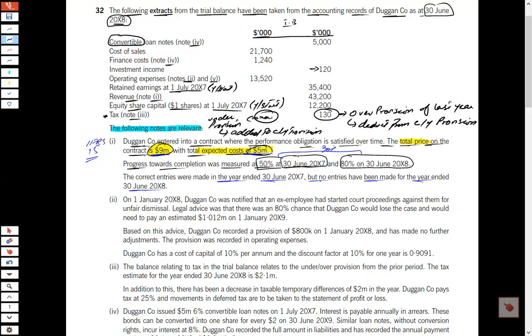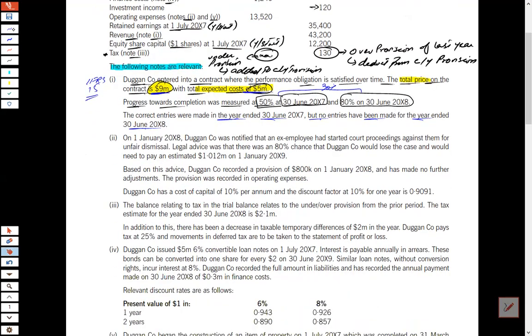We don't wait year on year for recording the loss. That is in the situation of profit. But once you come to know that there is a loss, do record that loss immediately as per the prudence concept, right? But not in this scenario. I'm just recalling the concept. So we have done with the reading of note 1.